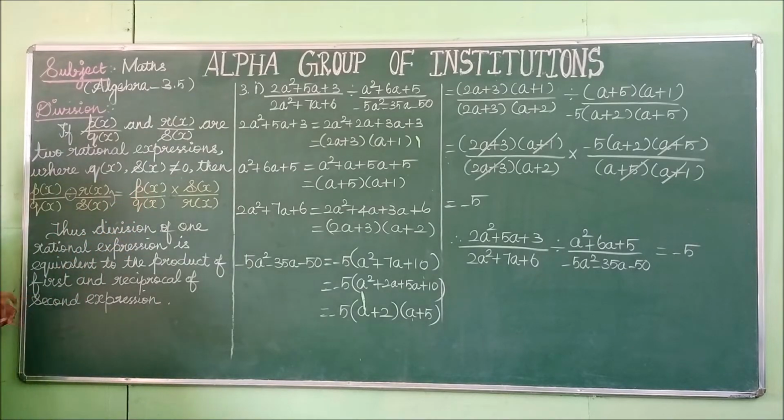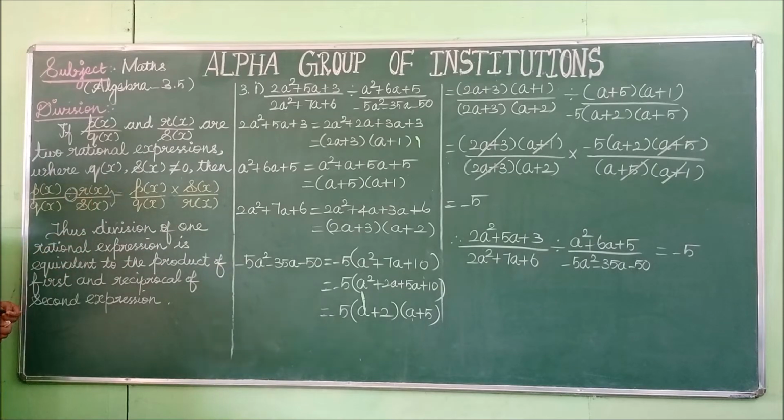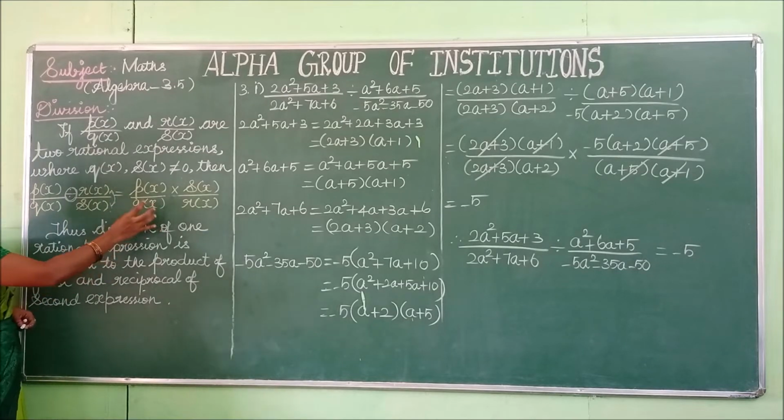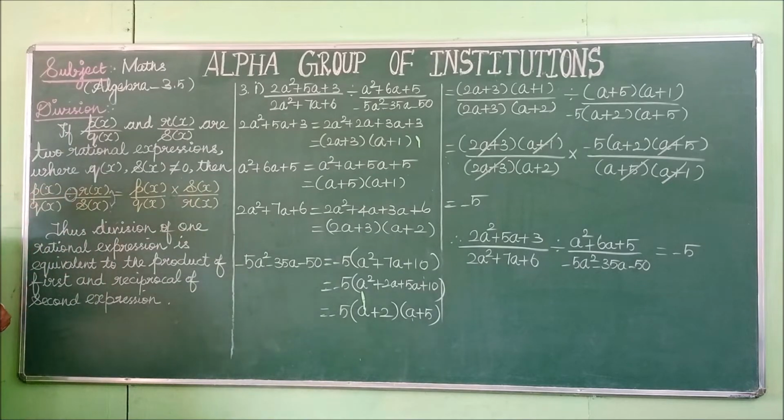In this condition, you have to look carefully. The division sign changes into multiplication. Both numerator and denominator get reciprocal. The denominator comes into the numerator and the numerator goes to the denominator. Thus, it inverts. Division of one rational expression by another is equal to the product of the first and the reciprocal of the second. Reciprocal means you have to change both numerator as well as denominator.